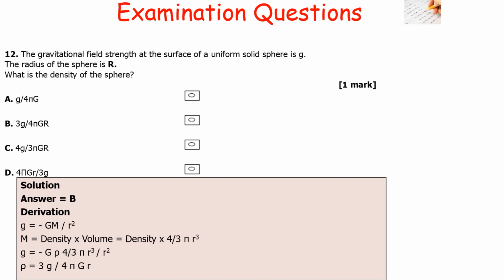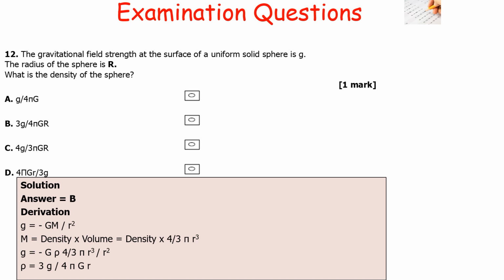Now we know the volume of a sphere is 4 over 3 pi r cubed. That's just a bit of linking into GCSE mathematics. So therefore we can pop that all together and say that g, small g, is equal to minus big G, density, which is rho, times 4 over 3 pi r cubed, all divided by r